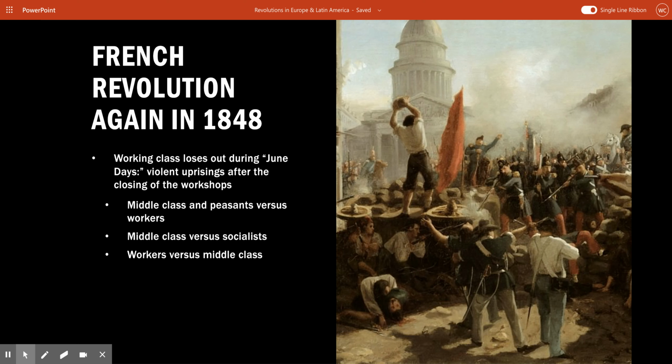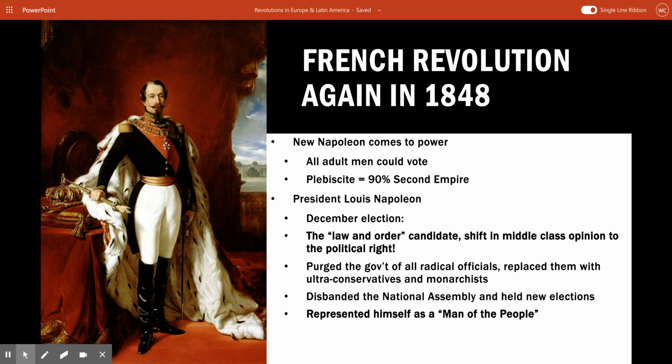So, with all of that craziness and chaos, what many people want is to go back to normal again, to some stability. And that's where Napoleon III comes to power. Napoleon is popular with both the liberals and the conservatives, and maybe even a little bit the radicals. The reason he is supported by the conservatives is they see this as a move back to the glory days of France, when under Napoleon I, France ruled Europe. So for conservatives, they see this as a good move, back to when France was at the height of its power.